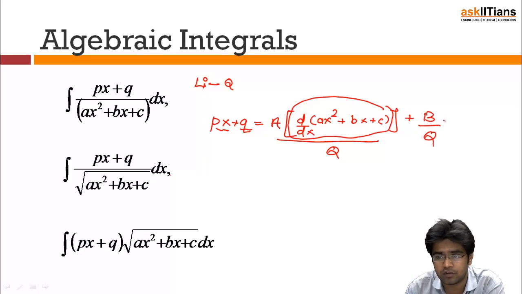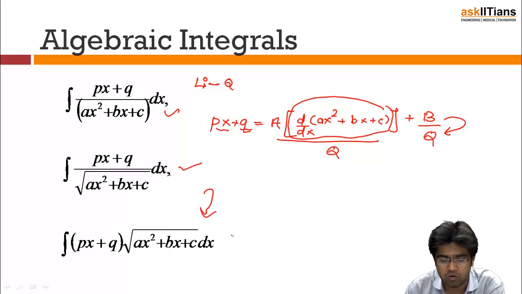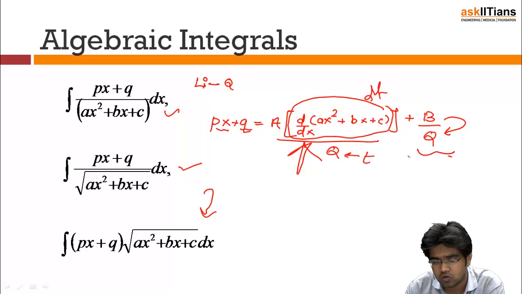Similarly here, although the differential is not available, what you are going to do is make a whole square in the denominator. So this one is gone. You can do a similar thing with this one as well. You will make a square under the root. So that means you will be looking at sine inverse, or maybe you are going to do it by taking out the sine. Here also you are going to integrate something like square root of a square minus x square in this second part. First part is done. You don't need to worry about the first part because this is t and this is dt. So these three can be solved like this for the second part.